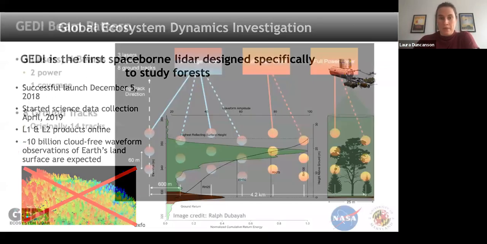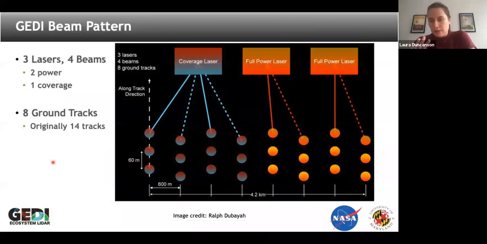So one very important aspect of using GEDI data is acknowledging that this is not a wall-to-wall mapped data set. So this isn't something like a Landsat or a MODIS VIIRS product. These are samples, right? So as I said, we have 3 lasers in that refrigerator-sized box on the ISS. It's not a fridge. We have 3 lasers. One of them is a coverage laser where you take the original laser and it's split into 2 beams, each of which is a little bit less than half the power of the full power beam.